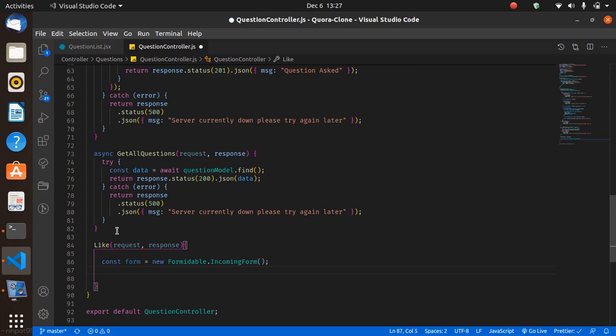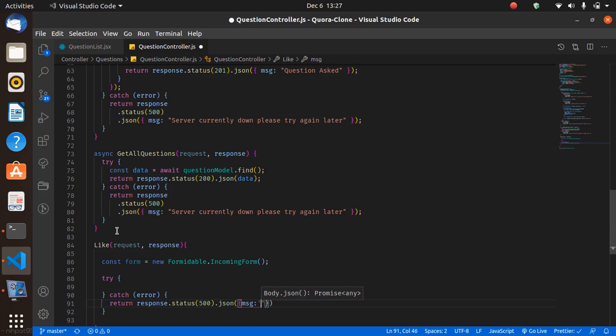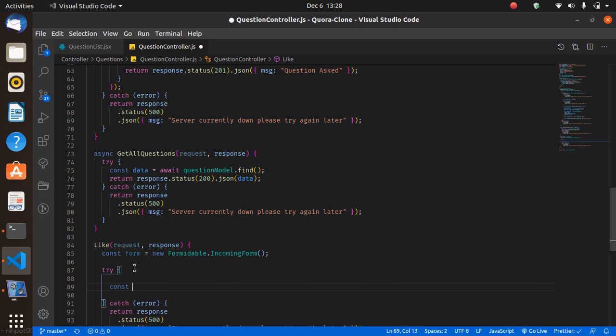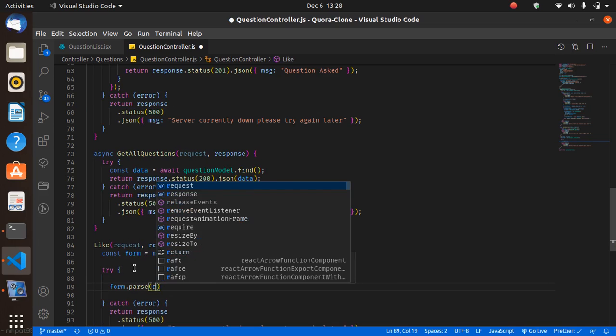And then what I want to do is I want to say try catch, return a response that status of 500.json. I'm gonna say network, let's say server still currently down. Let's copy that, bam. And then we come here, I want to say const, no, I want to form.parse the request that I get,